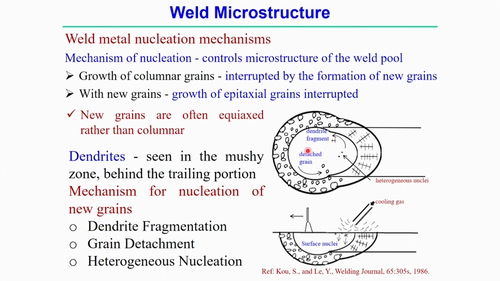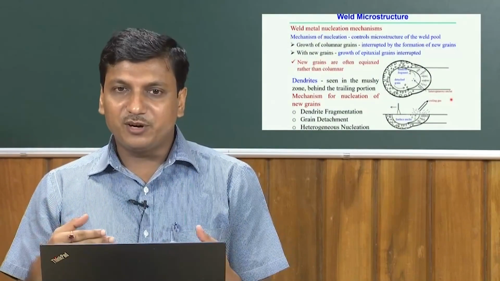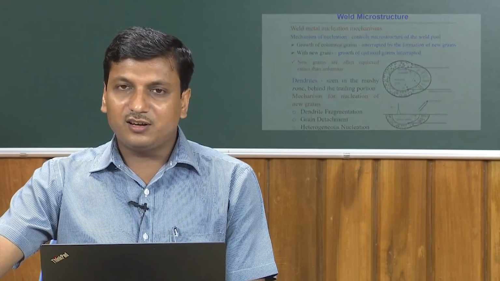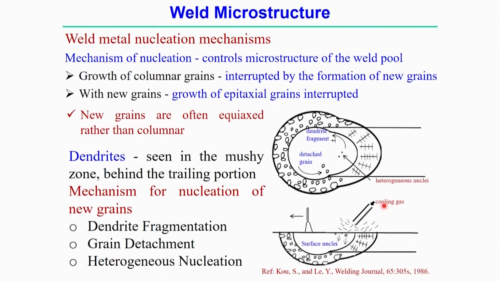In this figure too, dendritic fragmentation and grain detachment are very obvious, and the travel from one point to another is due only to the convection of the molten metal. And here, in another way, sometimes the nucleation mechanism is basically driven by the